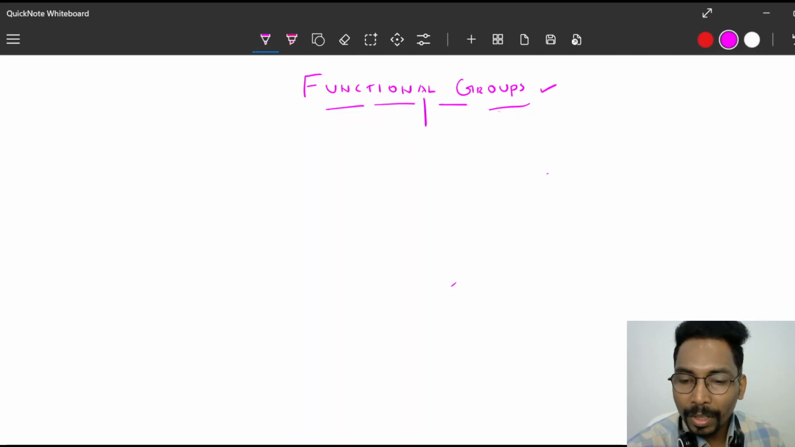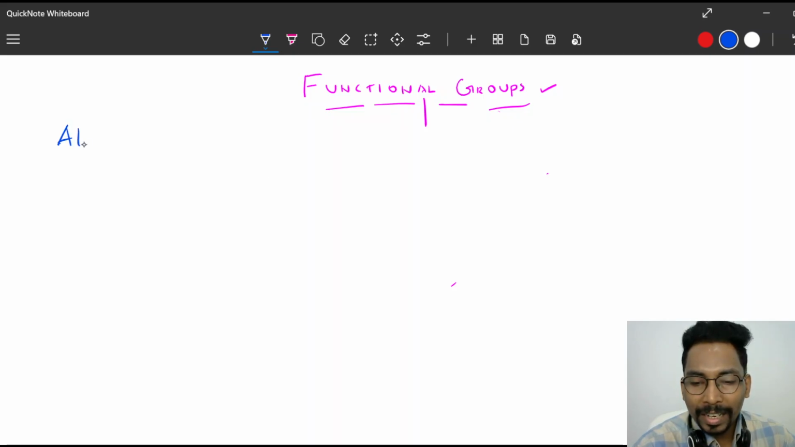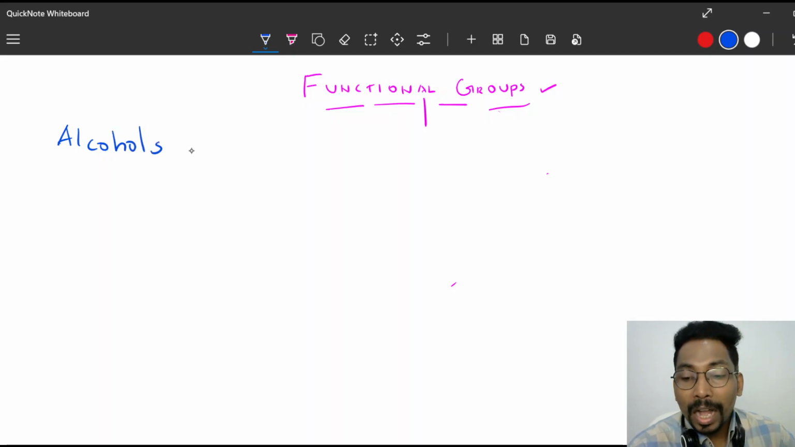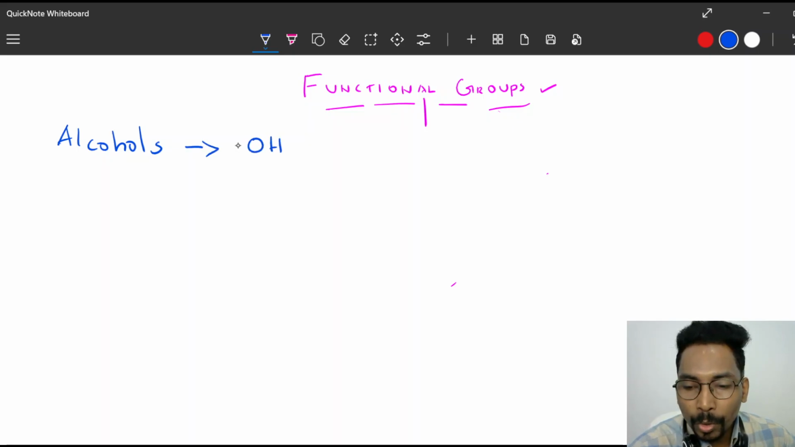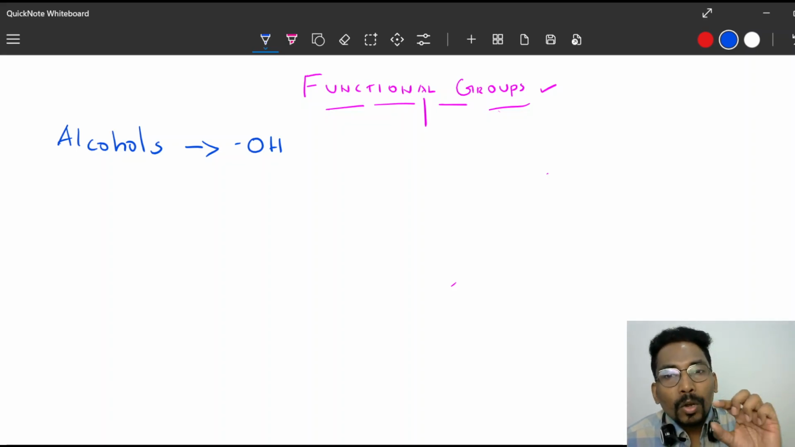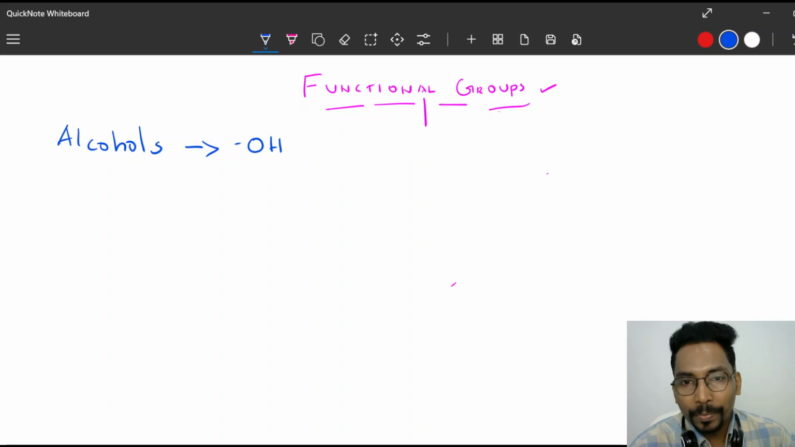First one, that is alcohol. All of you heard about alcohols, right? Alcohols means the OH group. That means the organic compounds which contain the OH group as a functional group are called alcohols. Then next one,